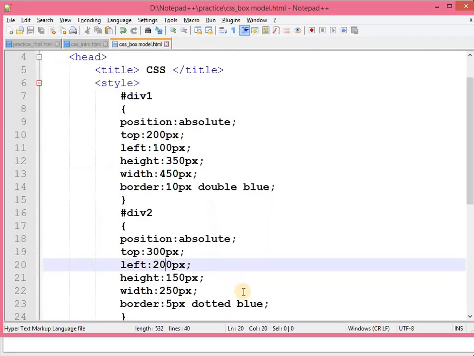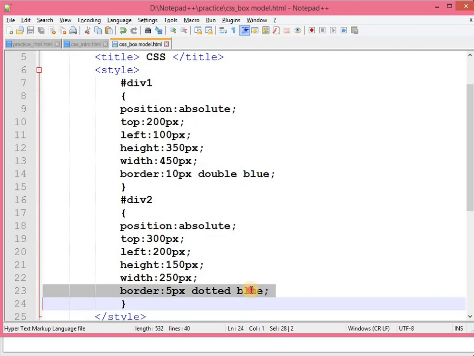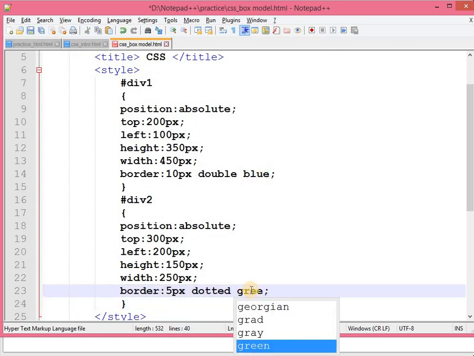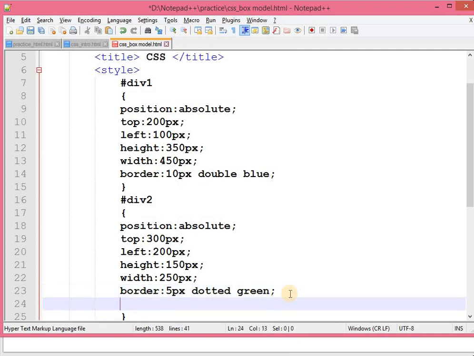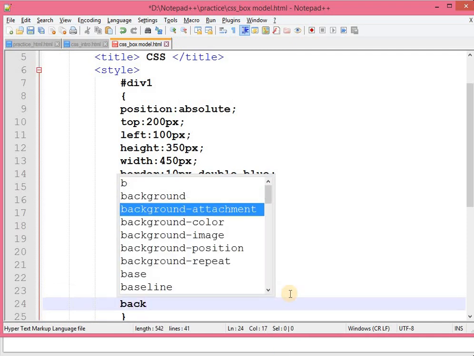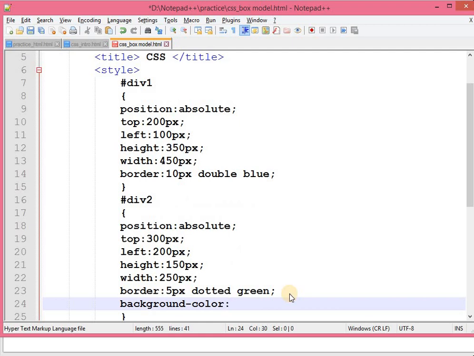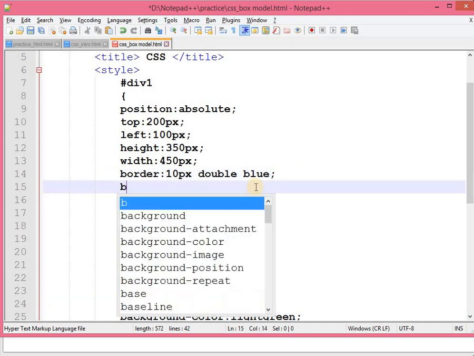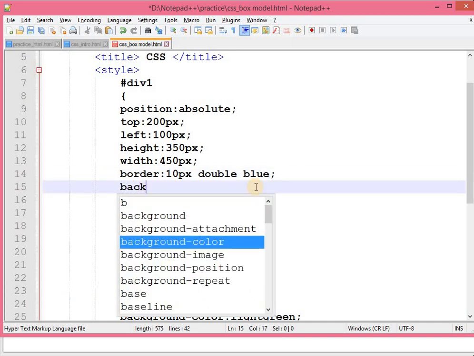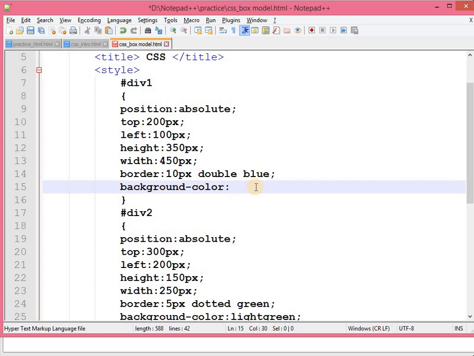Okay, and let me change color of this, let's say green, and it has background color of light green. Okay, and it has background color as light red.